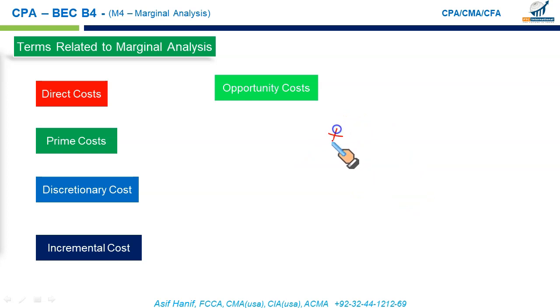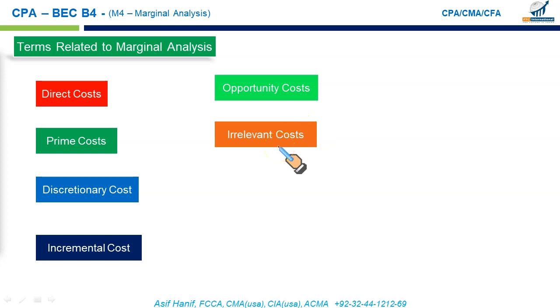Similarly, let's say we are producing product X and now we have received a specific order to produce product Y and we are operating at full capacity. In order to make product Y, you will have to give up 5 units of X. So this sacrifice of 5 units of X is the opportunity cost for producing product Y. We'll discuss this in detail. These are just simple examples, so we will discuss it in much finer detail. And remember, opportunity cost is relevant in decision making.